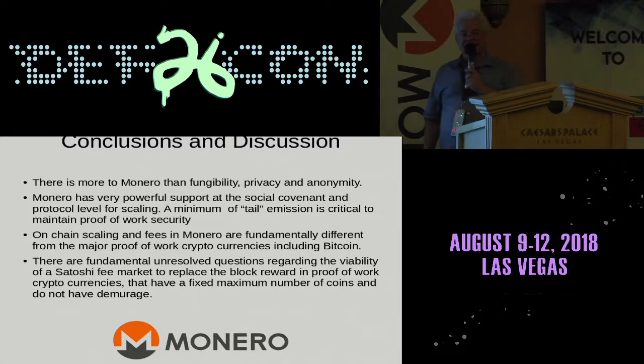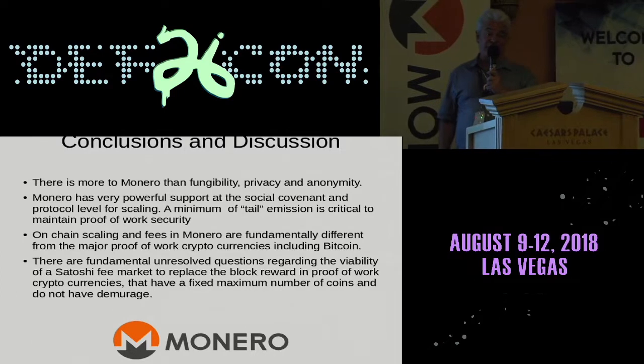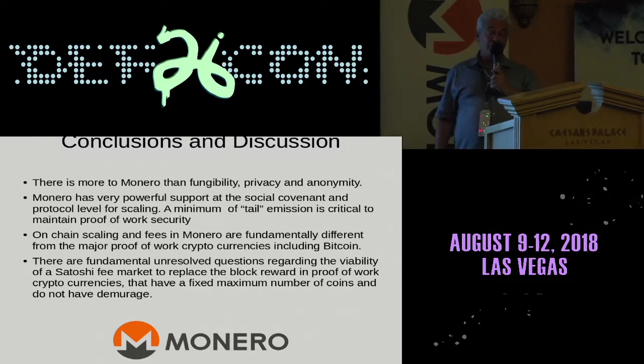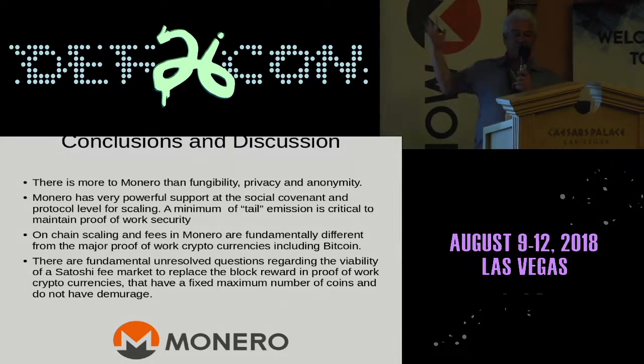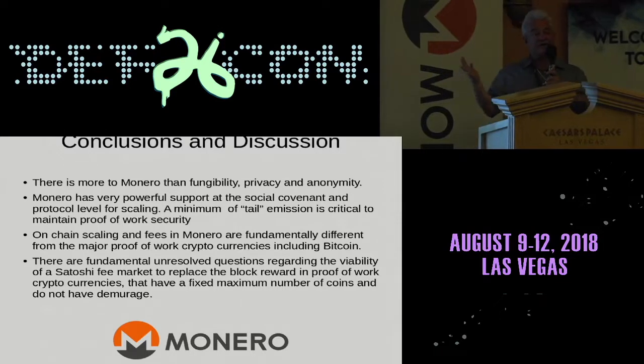I would say there's a limited ASIC resistance, and the combination of the response from the community. The fork received a very high degree of support, combined with development work in progress, and a perfect example is what Howard was talking about, combined with the basic principle that the threat is more effective than its execution. If you're going to try and pull that off, and you wonder, well, this community is just going to focus and leave us high and dry, that's a deterrent effect. So there's a whole bunch of factors that create a degree of ASIC resistance in Monero.